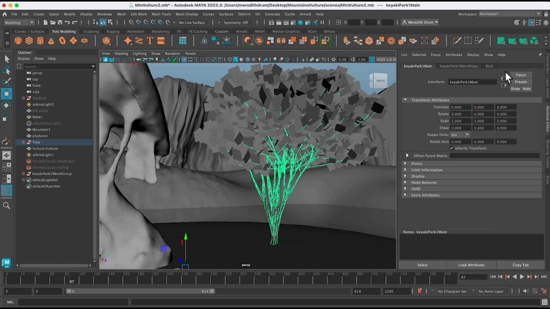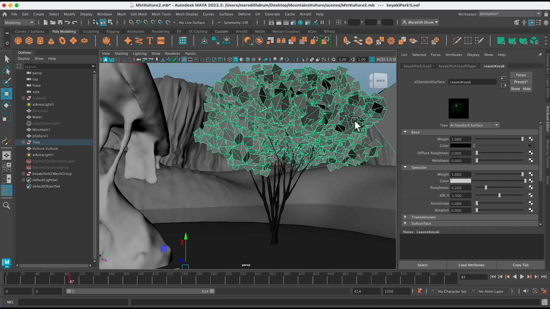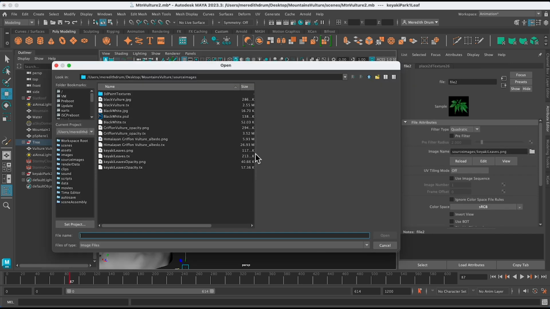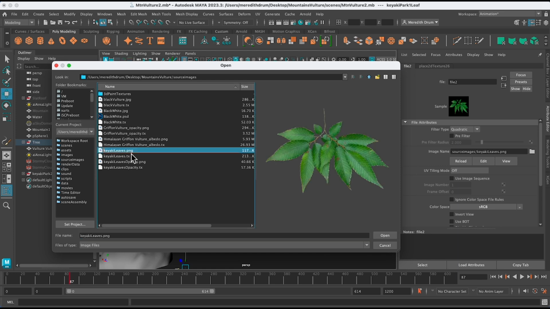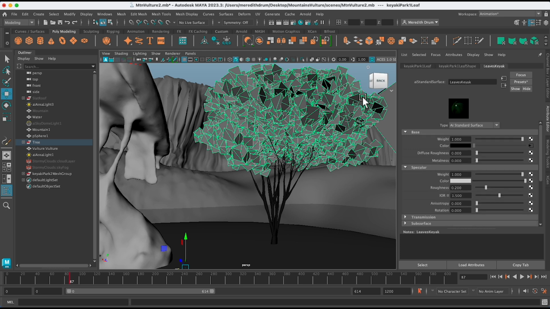I put a new material here as bark, and it's just got a color. But for the leaves, you may have to find the leaf image in your Maya folder. I can show you in a minute, but it looks like that. So that's good. But you can't just do that, because you also have to deal with its transparency. Here I named this material aiStandard leaves.